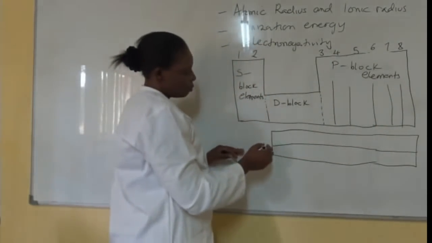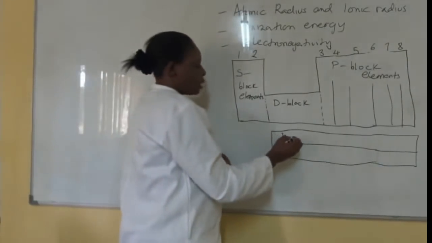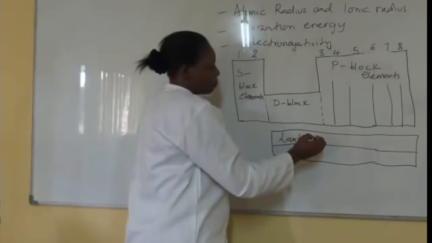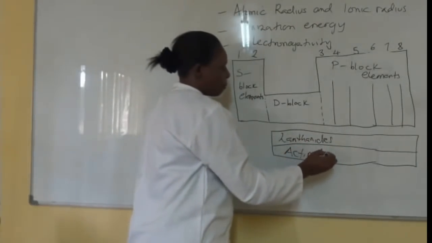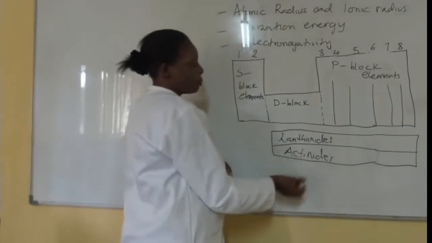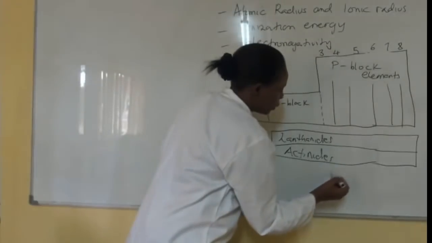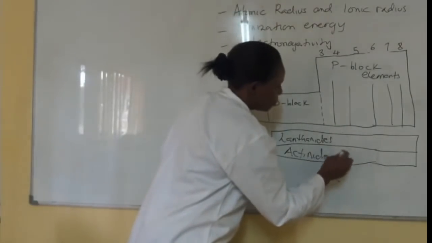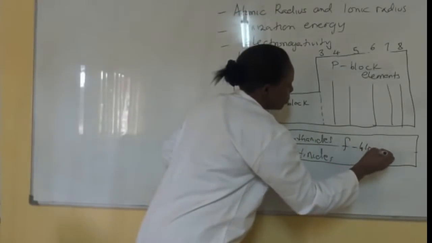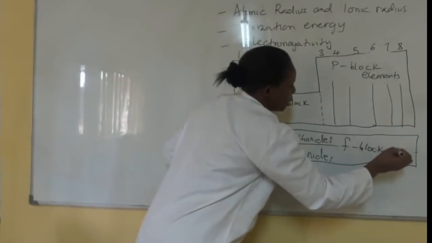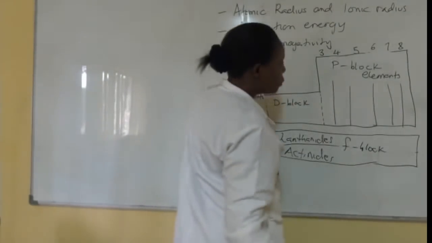then we have these two series which are known as the lanthanides and the actinides, or F block elements. These are known as F block elements because F orbitals are filling. Okay, so